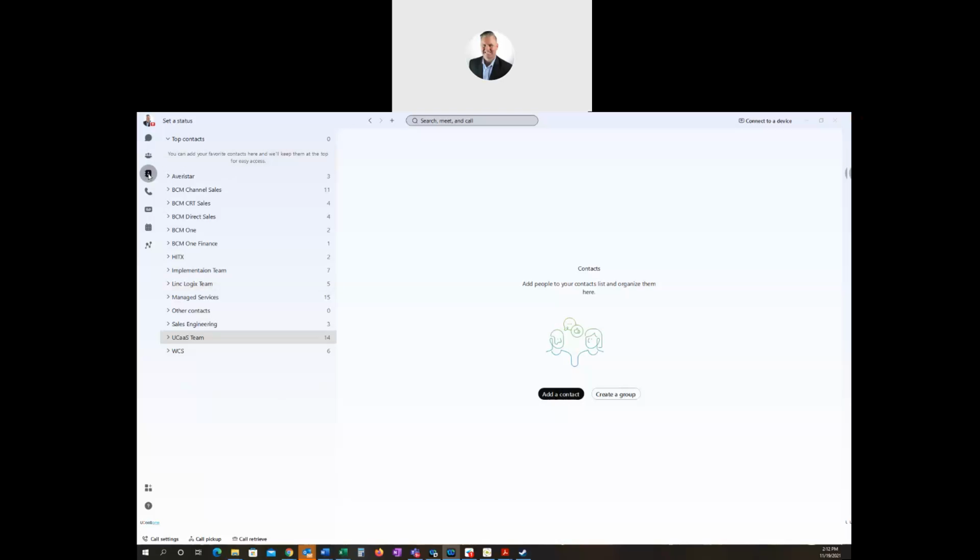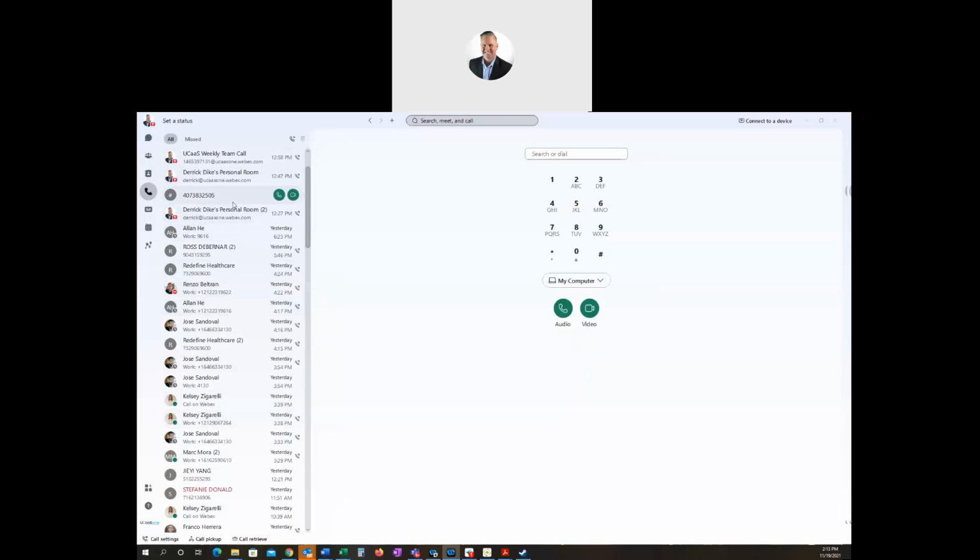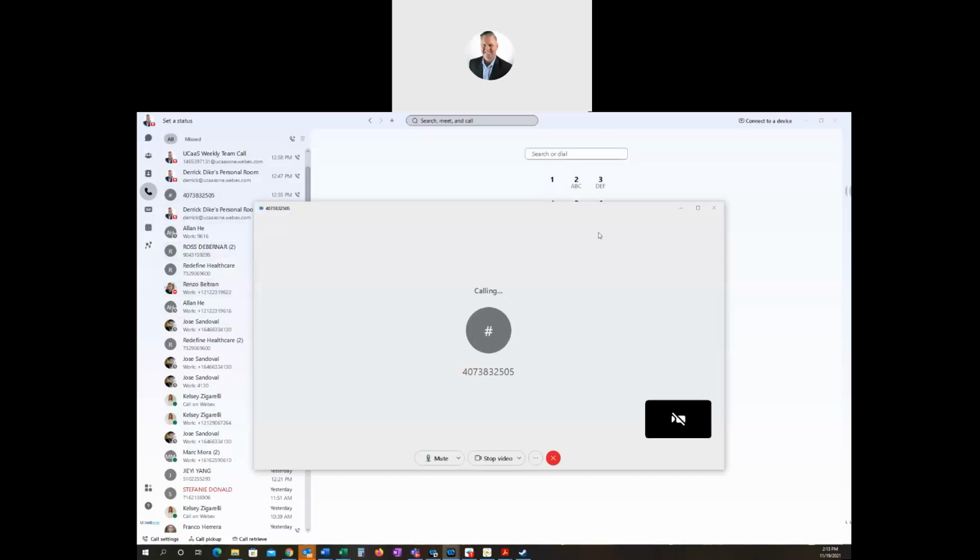Moving on from here, we have our calling icon. This is going to be where we have our soft phone. I can see all of my recent interactions on the phone. I can also make and receive phone calls from here. So I'm going to click on a call